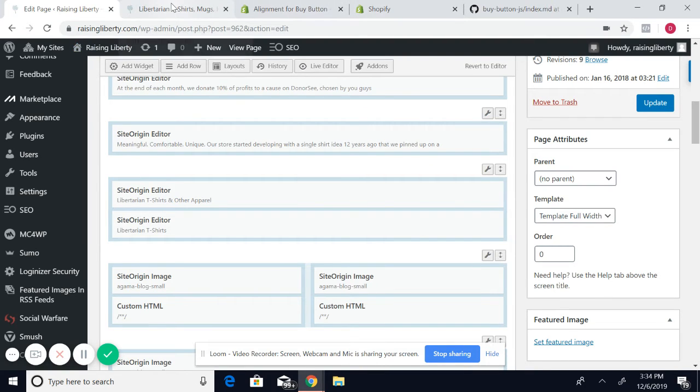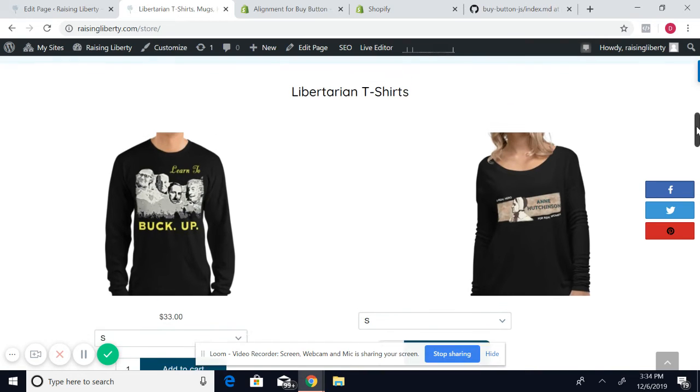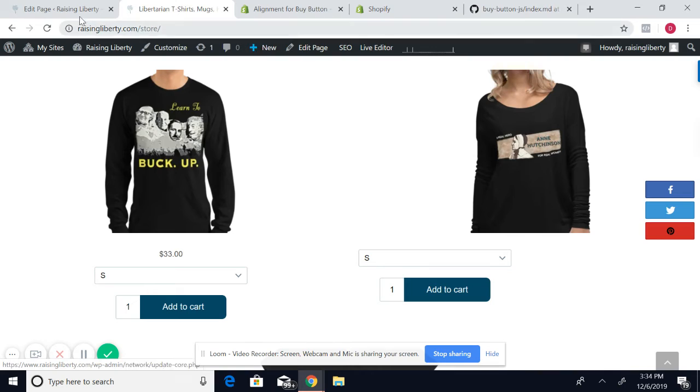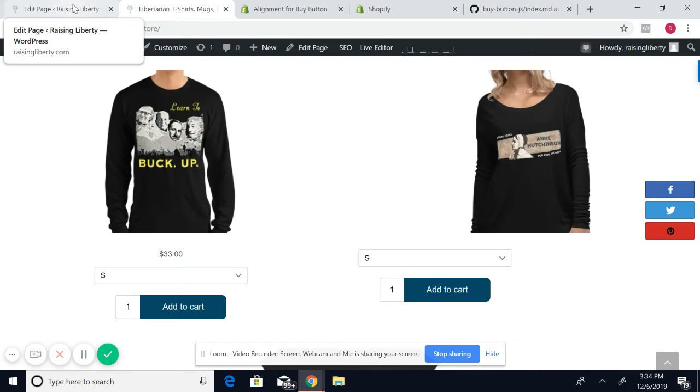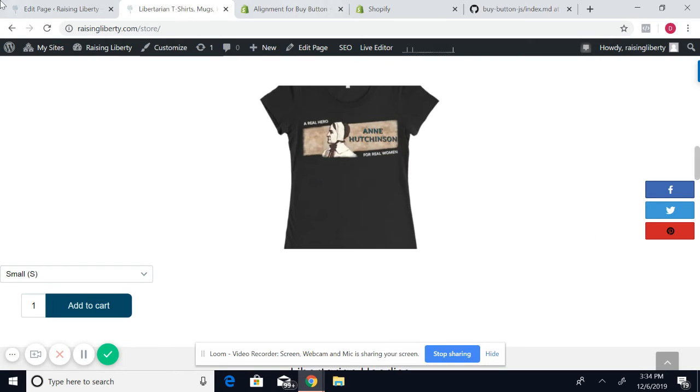These are made with image widgets and then the Shopify buttons, because I didn't want the whole image and everything Shopify embed, that just wasn't what we wanted for this. Anyway, so let's look at this one down here, and I'll show you how I fixed it. So I go over here,